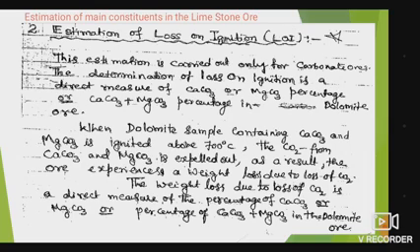This estimation is carried out only for carbonate ores. The determination of loss on ignition is a direct measure of the CaCO3 or MgCO3 percentage, or calcium carbonate plus magnesium carbonate percentage in the dolomite ore or, that is, the limestone ore.